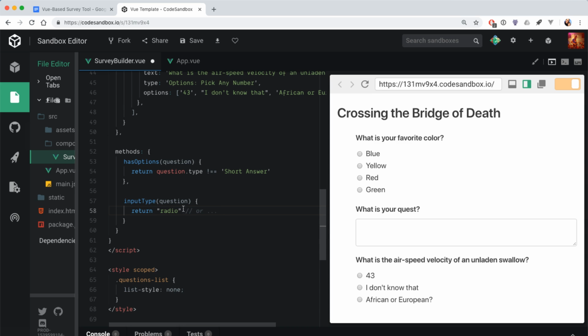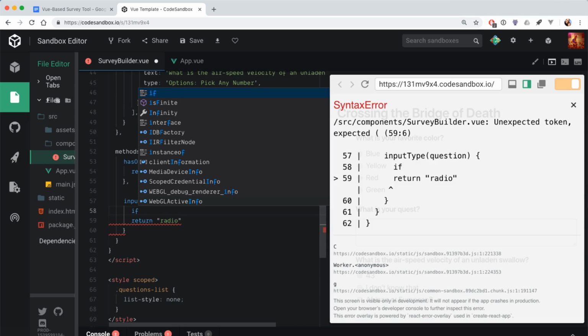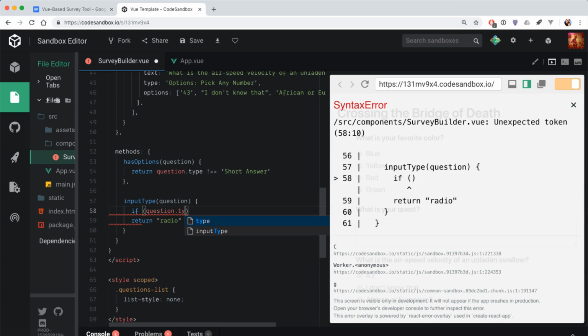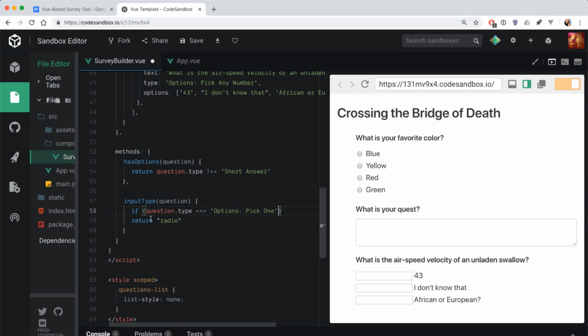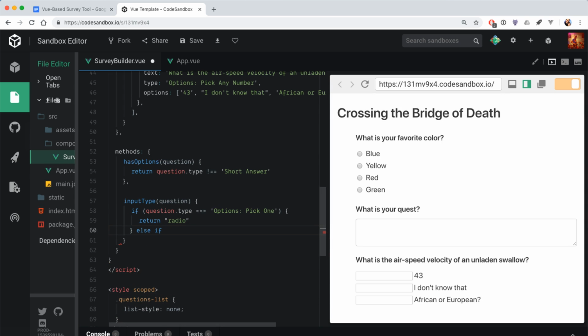Anyway, it's super obvious, so I'm betting. Yeah, I get the logic. I'm just not familiar enough with the Vue syntax to do it quickly. This is just JavaScript down here. Oh, okay. Yeah, we're just going to do if question.type equals options-pick-1, then return radio. I should use curly braces for these if they're going to be multiple. And else if